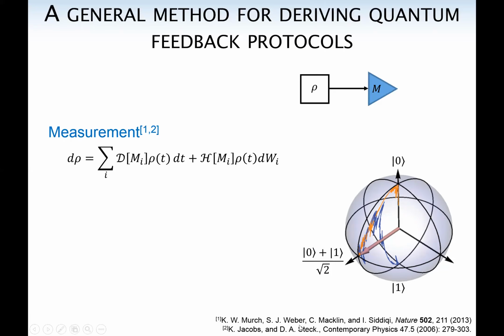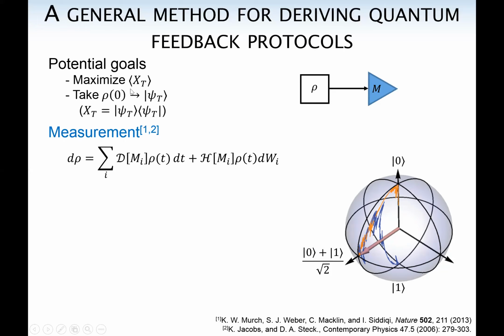I'm going to be imagining a system where you have a quantum state, and ultimately your goal is going to be to maximize the expectation value of some operator, or maybe take your system and put it in a target state. So those are some general figures of merit that you might imagine. And when we're thinking about measurement continuously, for the experts in the audience, you would normally describe it with a master equation like this. This is called the diffusive measurement, so it's different than the photon counters seen in the previous slide, but it's more analogous to doing homodyne detection or measuring a signal with a parametric amplifier.